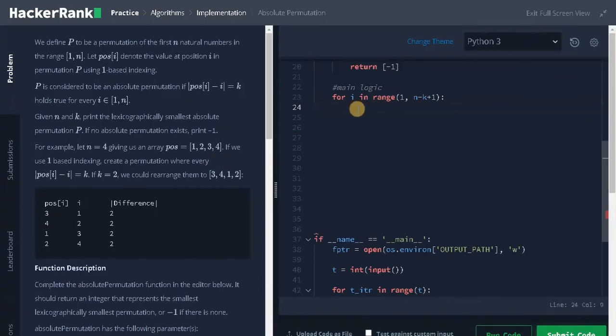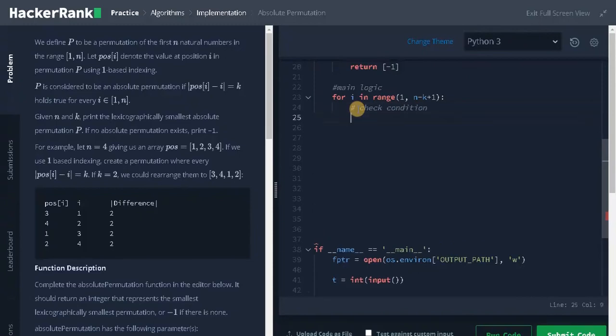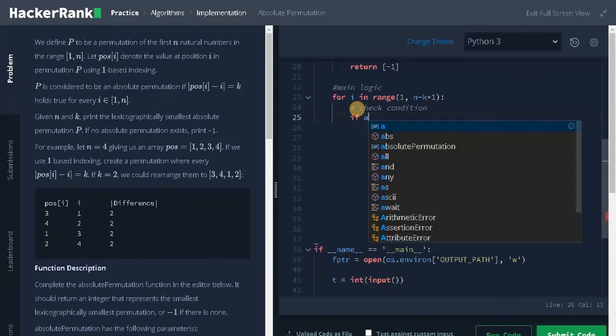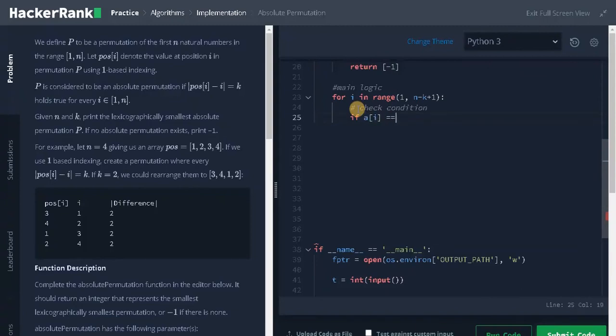Now we need to check for the condition: if a of i equals a of i plus k minus k.